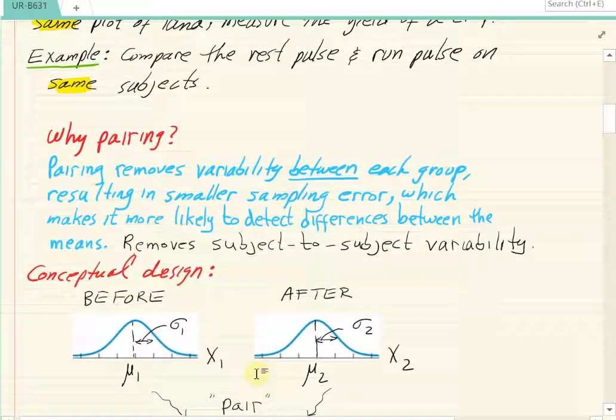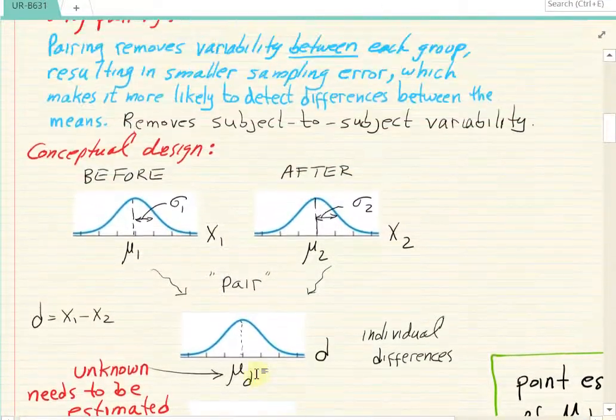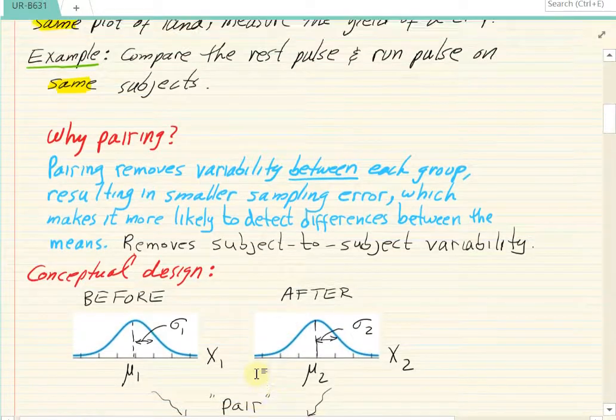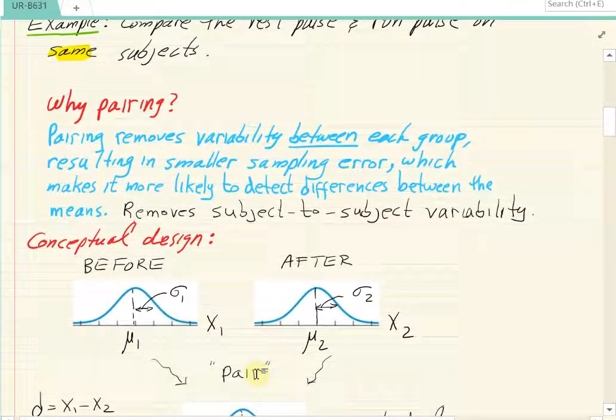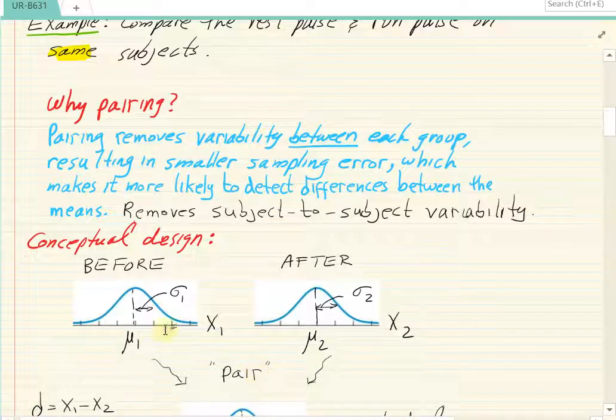Now the conceptual design here, I'm going to have like 4 of them. So let me not convolute it by going too fast. So here's conceptually how this paired design goes. We're going to assume that we have two populations that are normally distributed. Each of them has a random variable x, the same measurement, the same variable on the two populations. So for example, these could be weights.